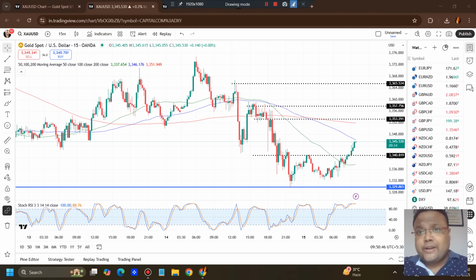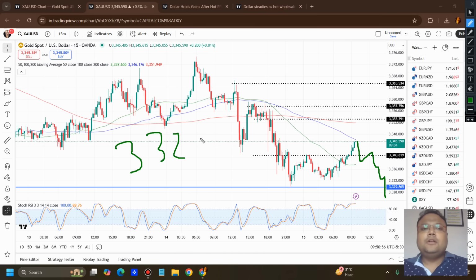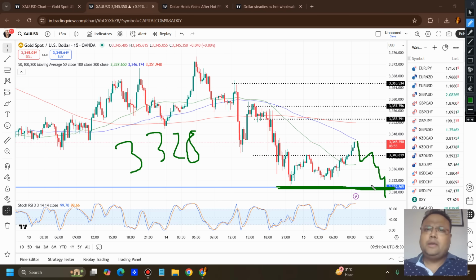You must be confused, right? And in case the trend of the market changes again, because nothing new for gold, and this is quite common for gold, if you see a sudden selling pressure during the US session, obviously you can look for a sell below 3328 or 29. When the market breaks the blue line here, you can look for a sell opportunity below this area. But be careful.